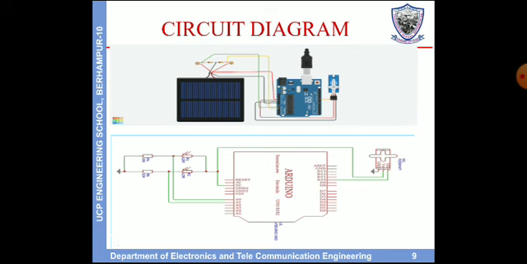We are using 2 LDRs here, and in series 2 resistors are also connected. The intersection point between resistor and LDR is taken as an input and provided to the Arduino pins A0 and A1. The Arduino converts this analog signal into a digital PWM signal. This PWM signal is taken from the D10 pin, which is given to the signal pin of the servo motor. This is the basic design we are seeing here.